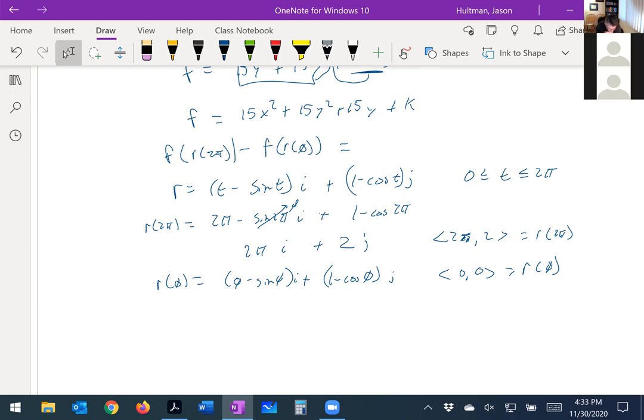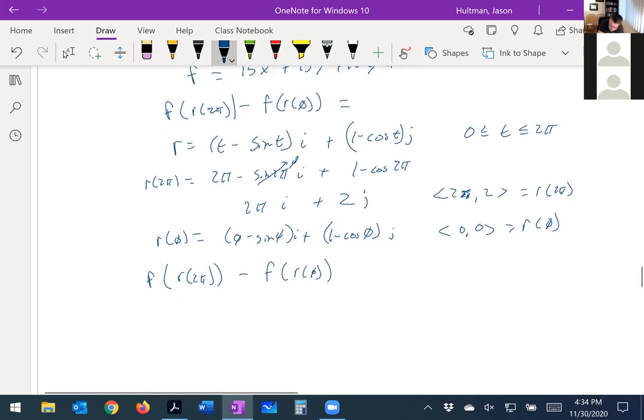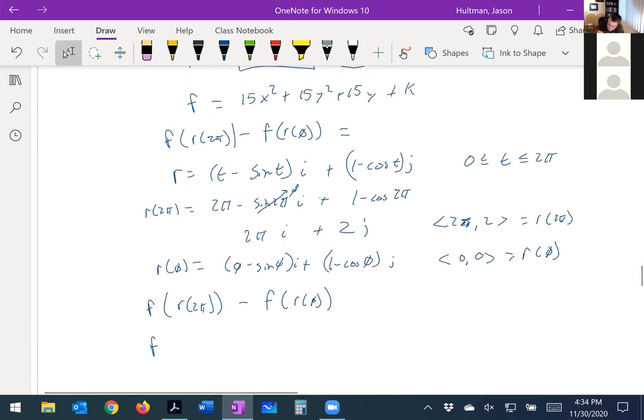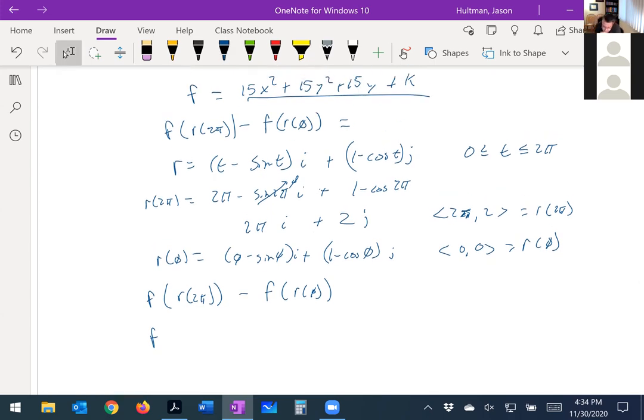Now what are we doing? Well, we're going to plug in. We want f evaluated at r of 2 pi minus f evaluated at r of 0. So what is f again? What was our parent function? The parent function we found out to be this thing here. So f is equal to